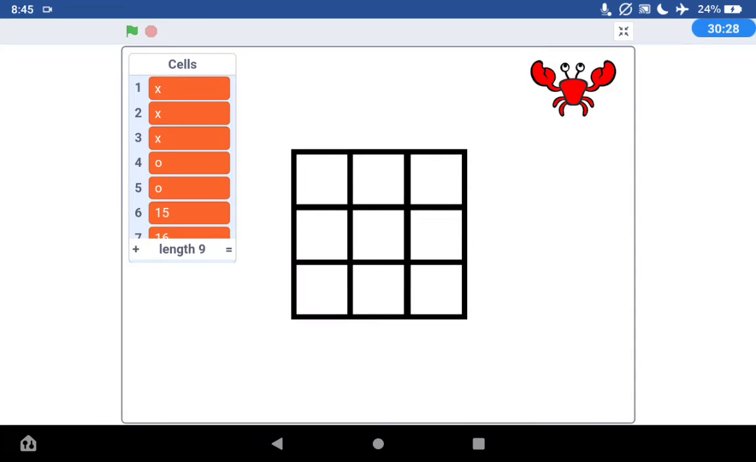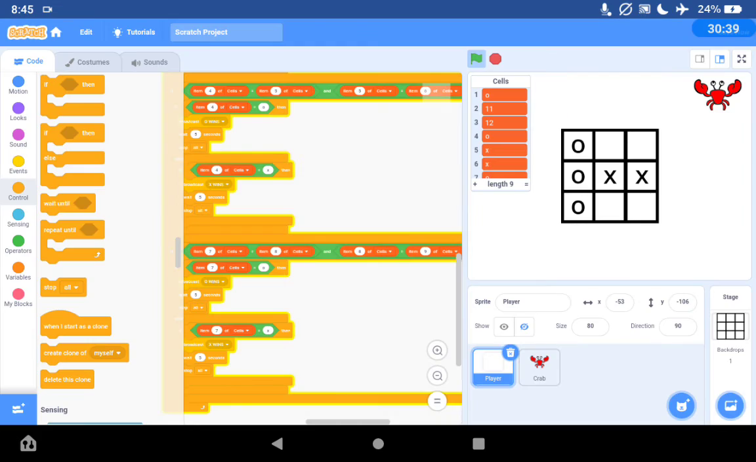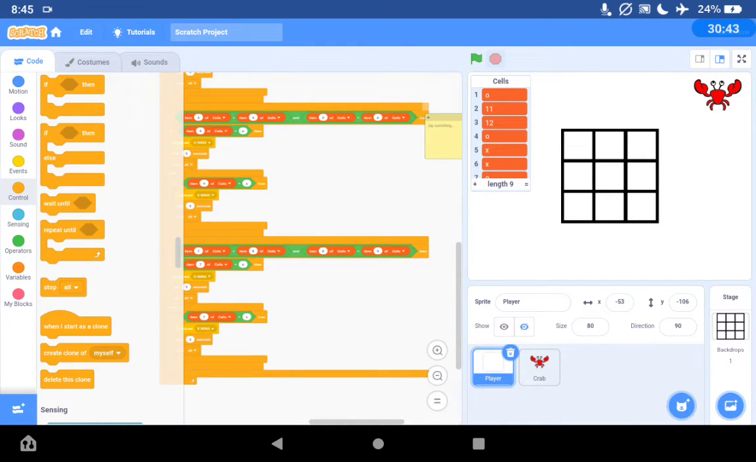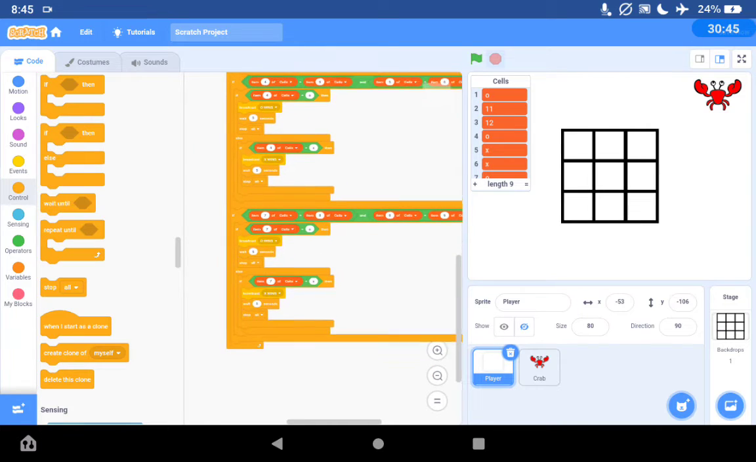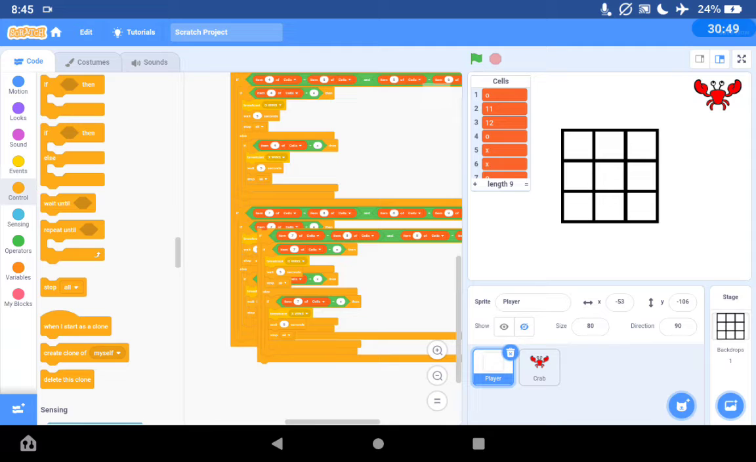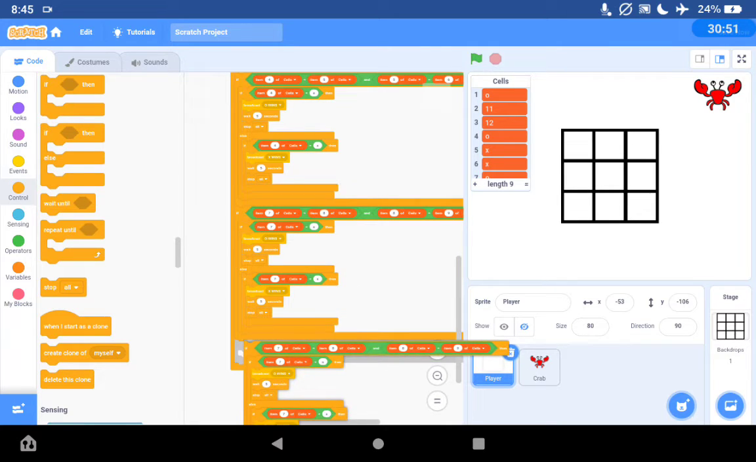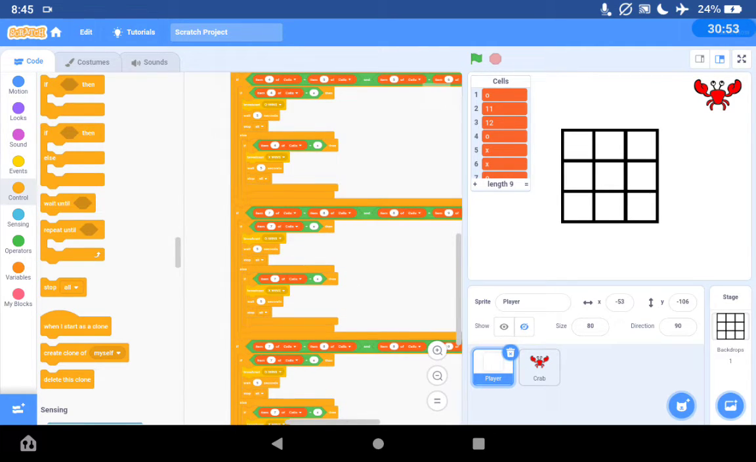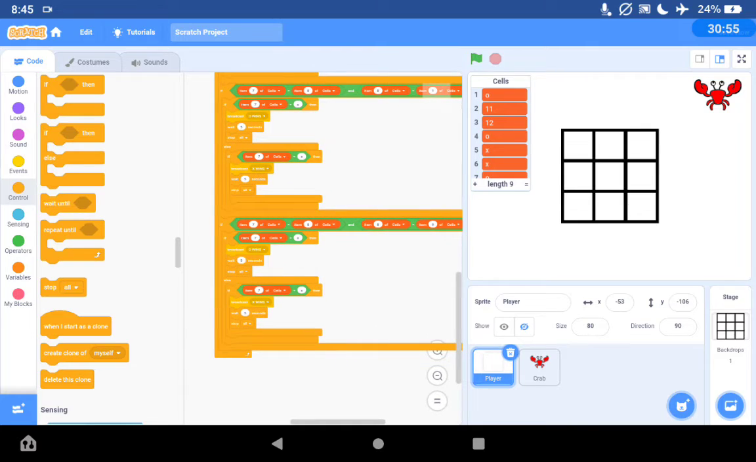But what about vertical now? Let's test it. O, X, O, X, O. It didn't say anything. Why? Because it's not programmed in the system yet. So let's program it. Do another, hopefully it duplicates. Perfect. So add another duplicate and do if item 1 of cells